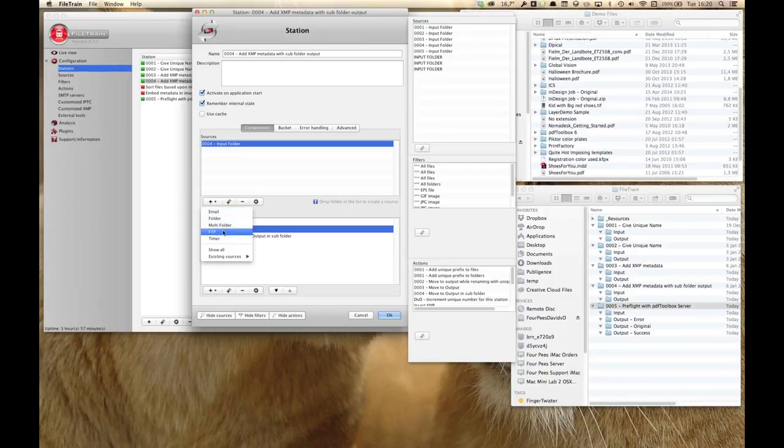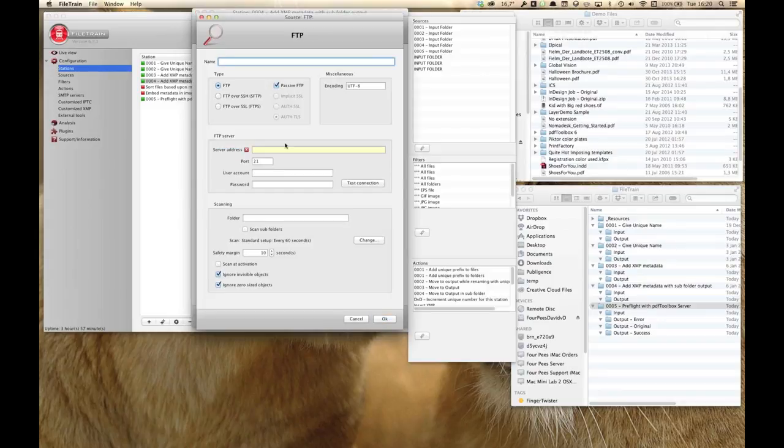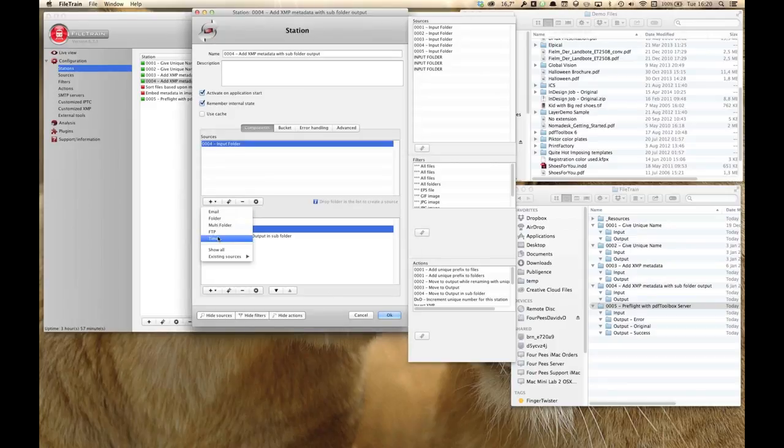I have an FTP server that allows me to pick up information from an FTP server. I'll just select that so that you can see what the parameters are that you can set up here. So basically the server itself, user account, password, what folder it is picked up from, same safety information, and so on. And like I said, I can even set up a timer action where